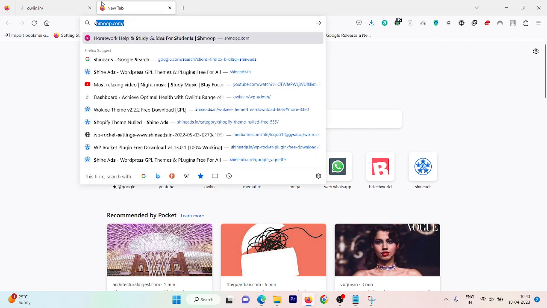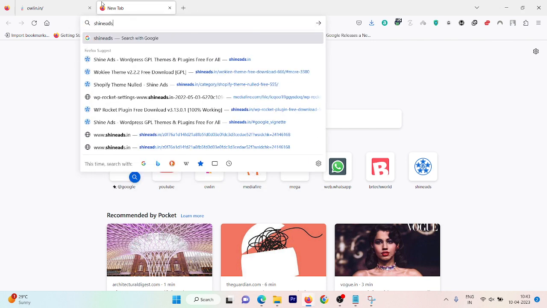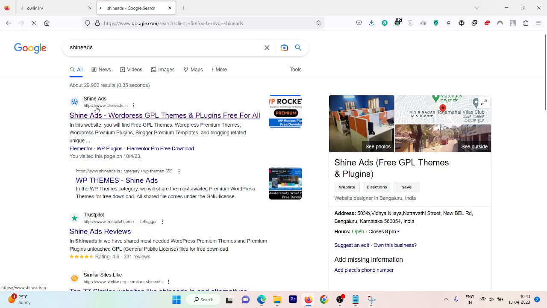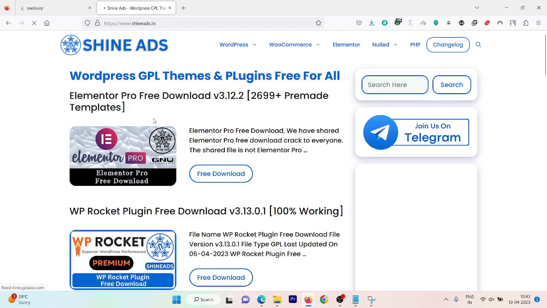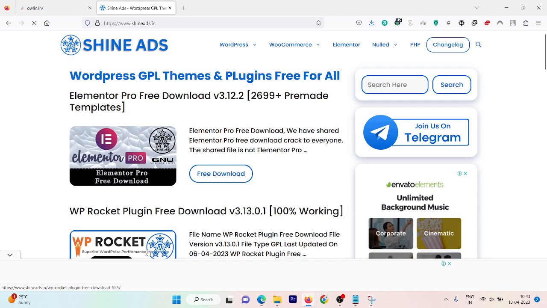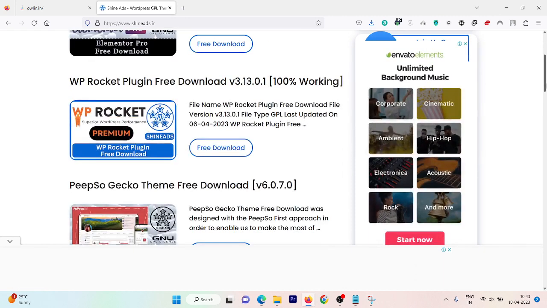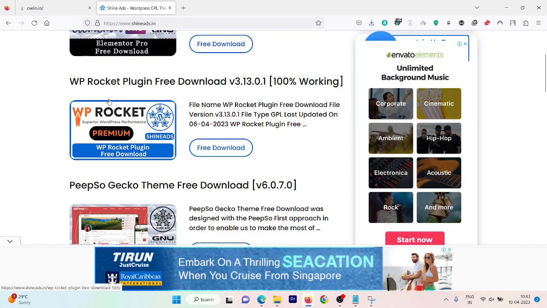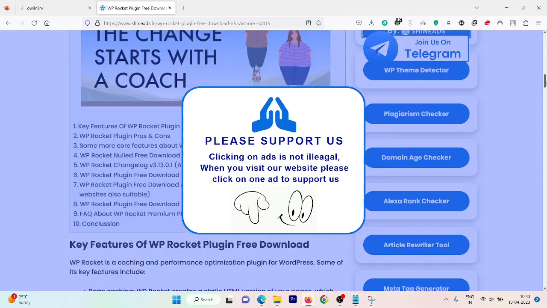First you need to search for SignAds in your browser and then click the first link that you get. Okay, so here we get our SignAds website dashboard. Now let's say you need to get this WP Rocket plugin for free. Now click on free download and go down